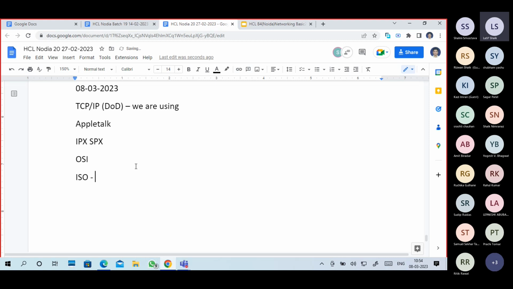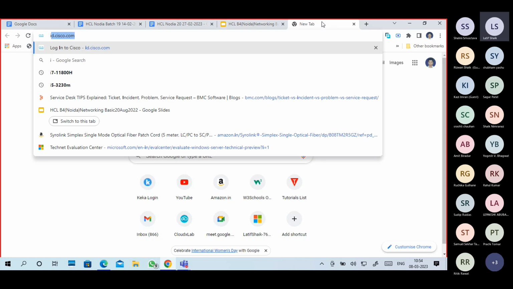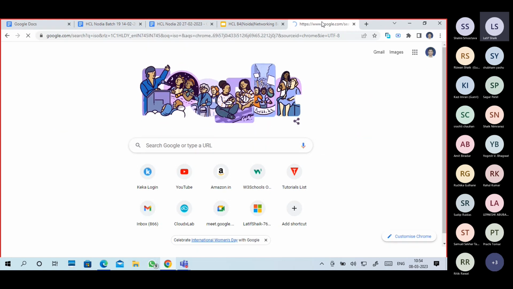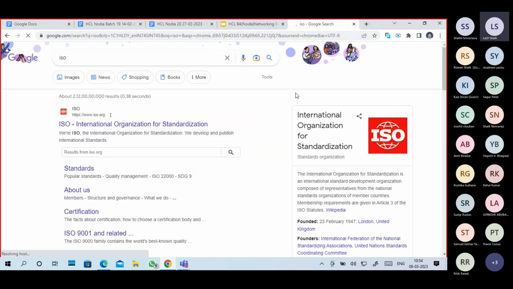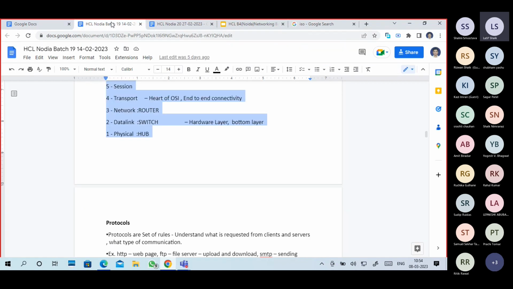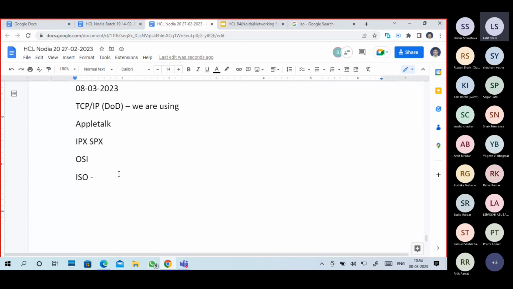ISO, International Organization for Standardization, is an organization that standardized this model.